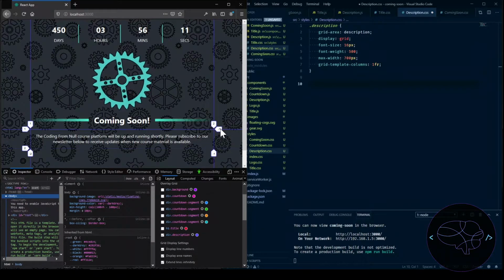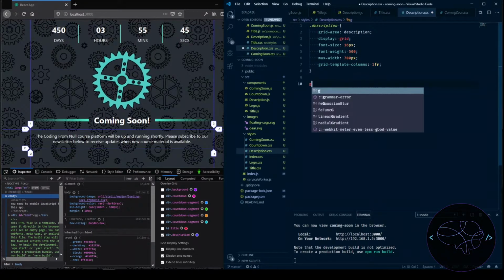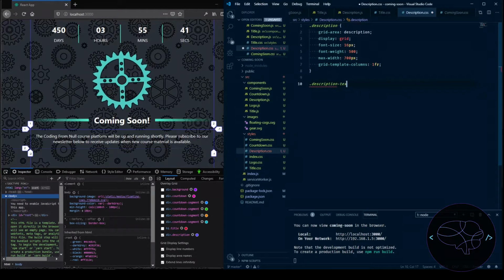The very last, either row or column, is always -1. And the first one is always 1. So when you want it to stretch all the way across, even if this was 2, this would be 1. Say we have 2 here, this would be line 3. This would be -1. All the way to the right is always -1, and all the way to the bottom is always -1. So we will say we want to grab our description text,